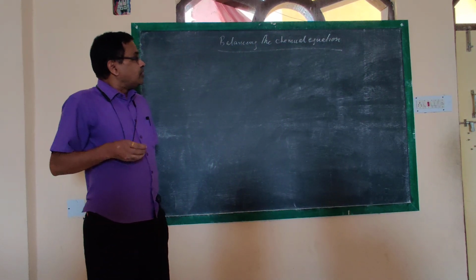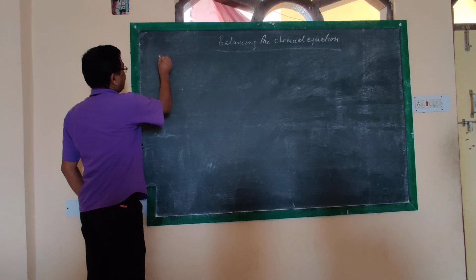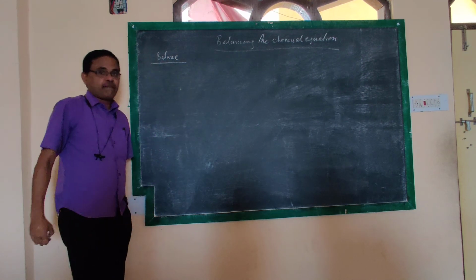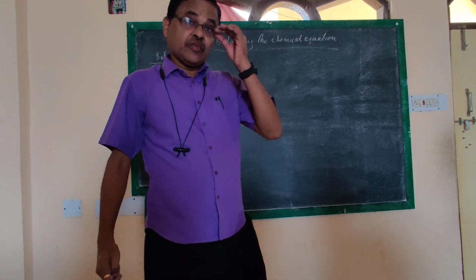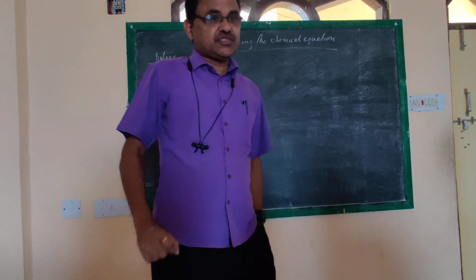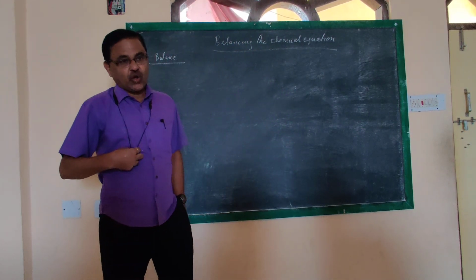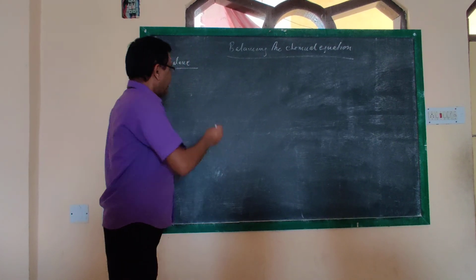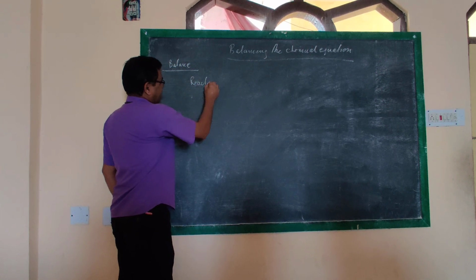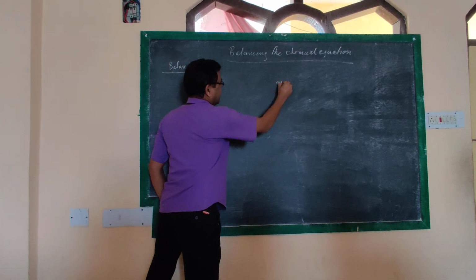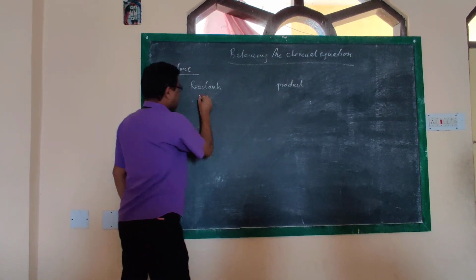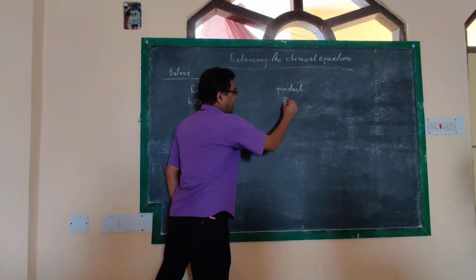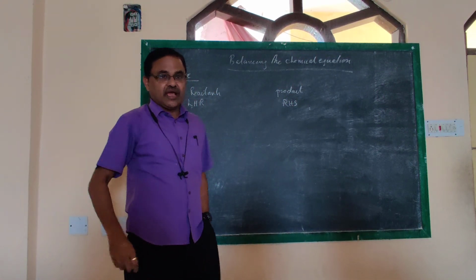Now here, for balancing the chemical equations, we require some details. We should know how to balance chemical equations. As we all know, an atom is the smallest particle which cannot be divided into its simplest form. Now, in a chemical reaction, we always see a reactant side and a product side. That means the left hand side of the reaction is the reactant and the right hand side of the reaction is the product.